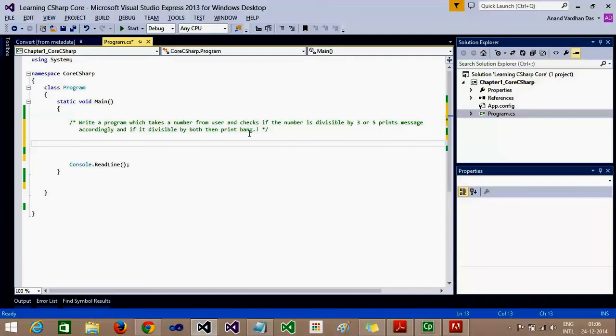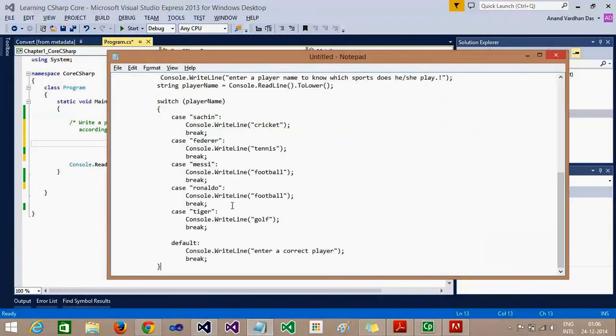And else if the number is divisible by 3 and 5, then we'll write another statement. And in the else condition, if the user enters some other number which is not divisible by either 3 or 5 or both, then it will display a message that it is not divisible, you have entered another number.